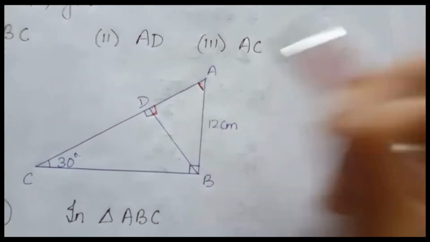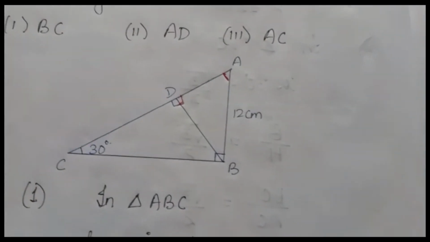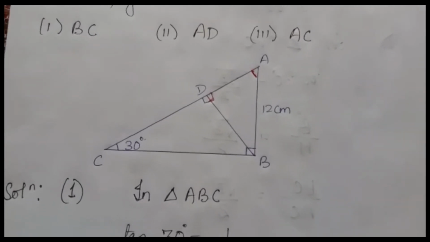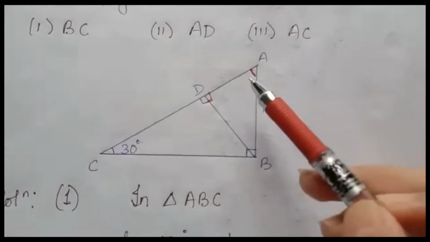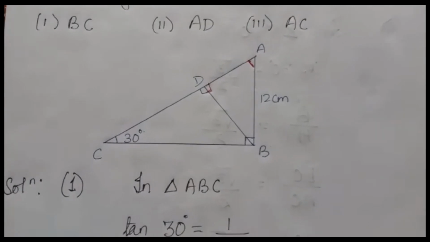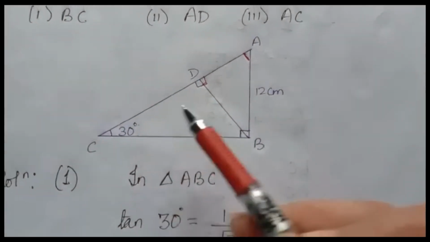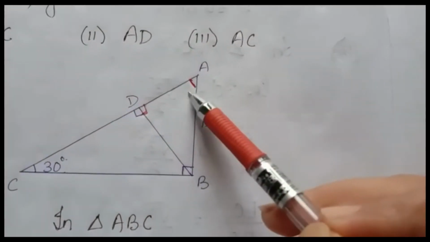To find the value of theta, again you forget about this line, okay, and you have to use one property of triangle. We know in a triangle the sum of the angles is 180 degree. So if you add these three angles, total will be 180 degree. This is 90, already given in the question. This is 30. We can easily find the third angle. So first we will find the value of this angle first. So here is the rough work.